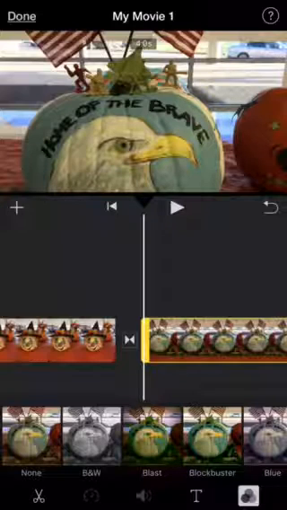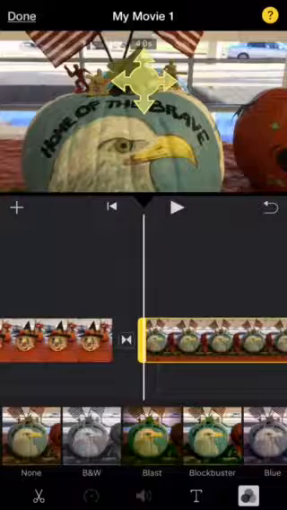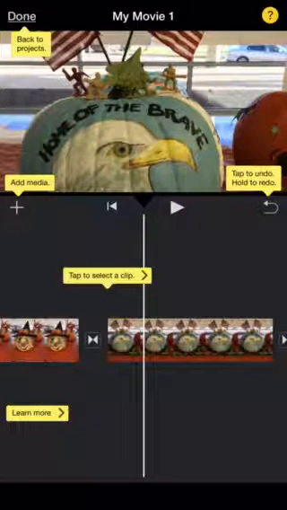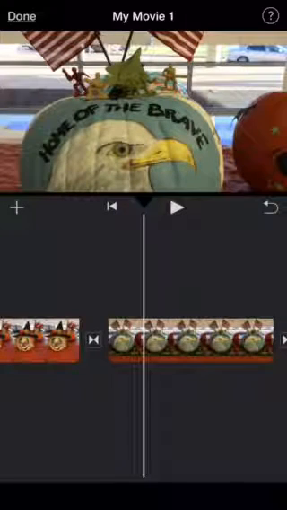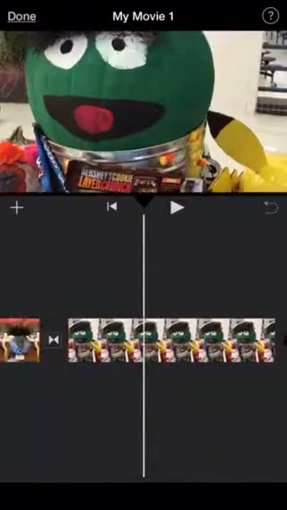If you have a question about how to do something, up at the top right, the little question mark will let you have some hints. The little plus sign is add media. If there's a little back arrow that's tapped to undo, you can click on learn more and it will give you a longer tutorial. Once you get your video exactly like you want it,